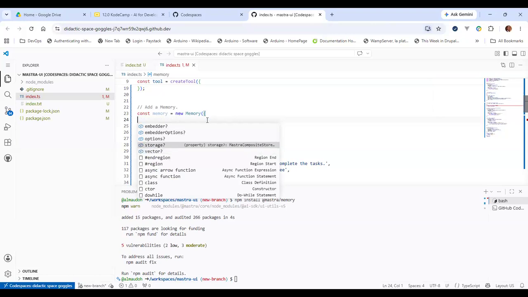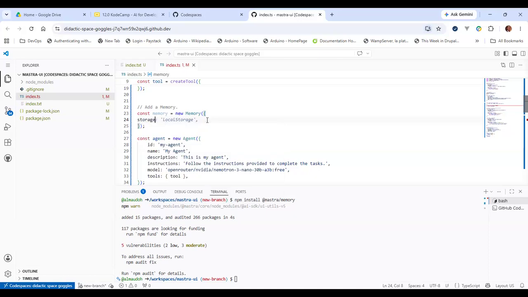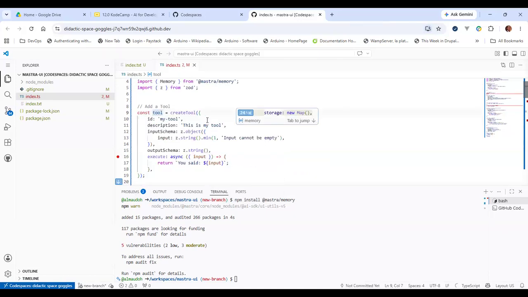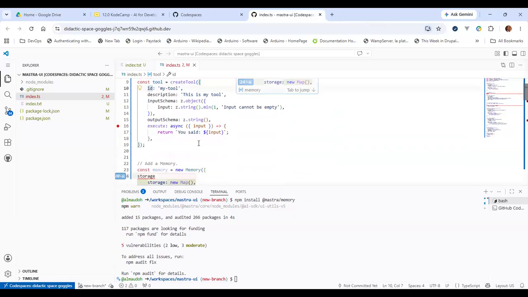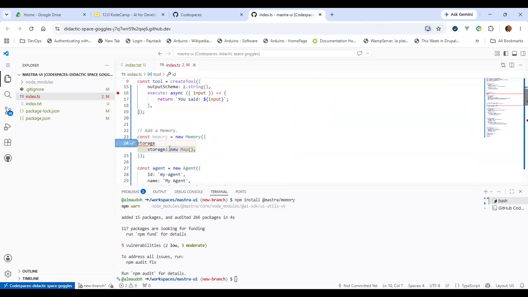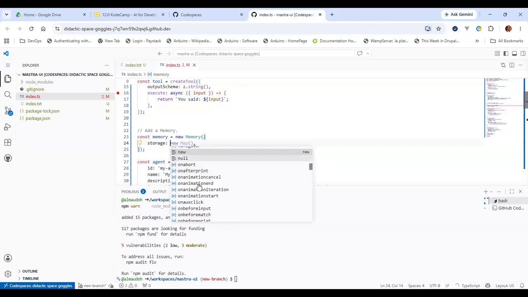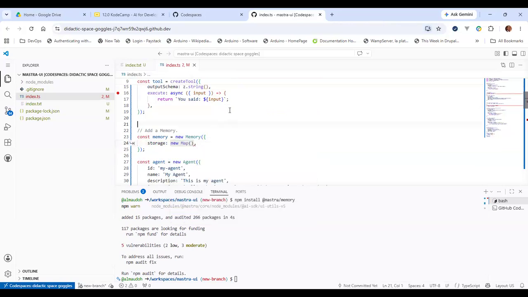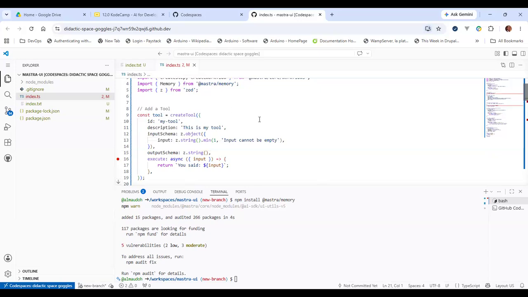The first thing you specify is the storage, where the memory is going to be stored. If you want to store it locally on your local storage, for example, there are different values for this, but this is where we use this libsql store.